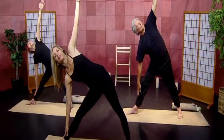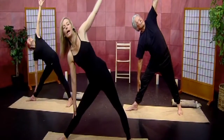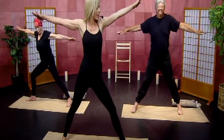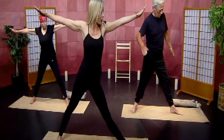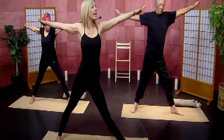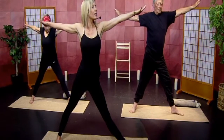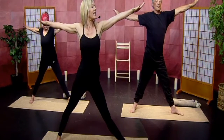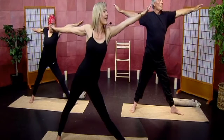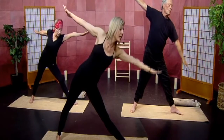Check in with the breath. And slowly come on up and let's do the other side. Bring the left toes 90 degrees. Spread your toes. Lift those kneecaps. And again, engage Uddiyana Bandha, which is lifting the lower belly in and up. That'll help with balance. And we'll go ahead and lift the left fingertips towards the left foot